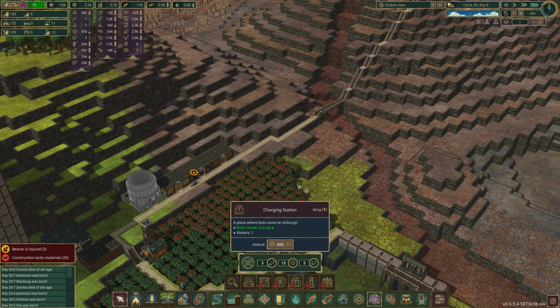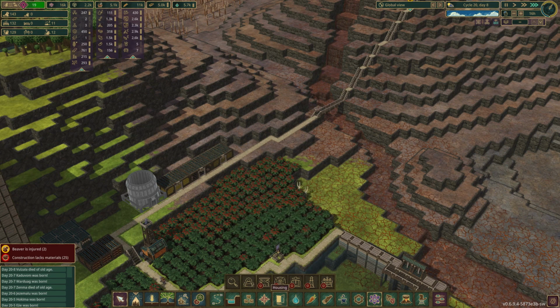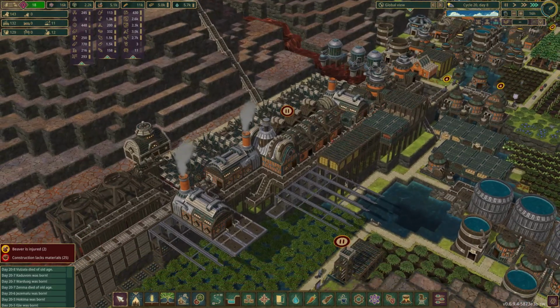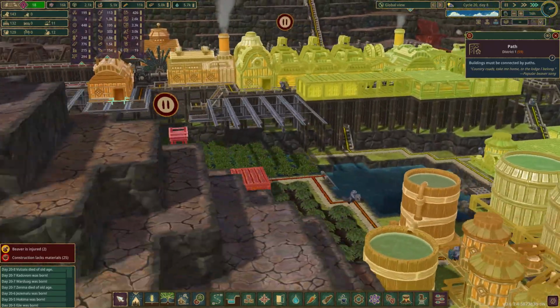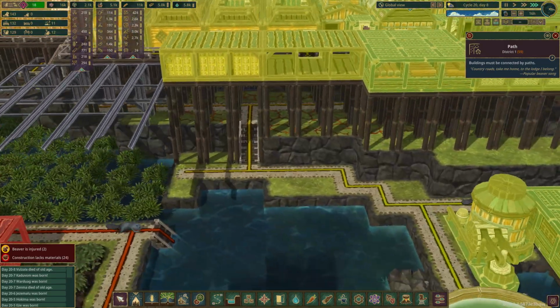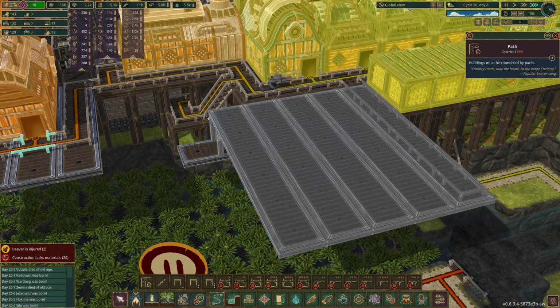65 metal. Plus this charging stations, which is another 5. So we need a lot of metal to do all this. And I'm wondering if we just keep waiting. Okay, here's more metal coming in, so that's a plus. Should I see if we can make this closer? I've noticed that we could probably